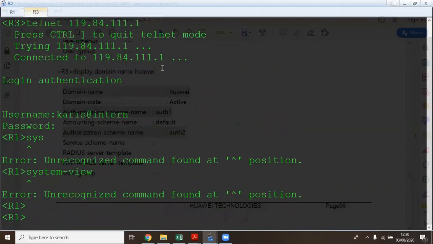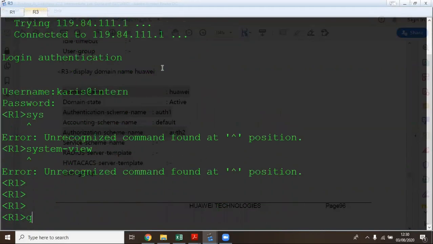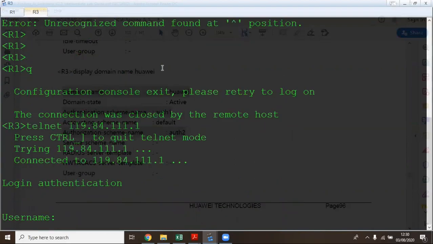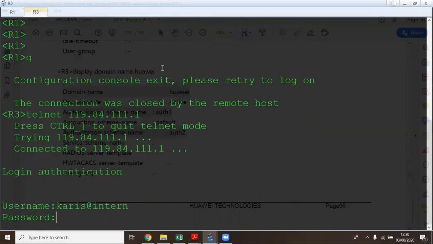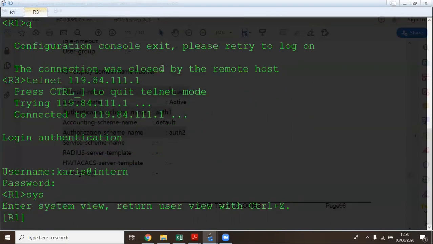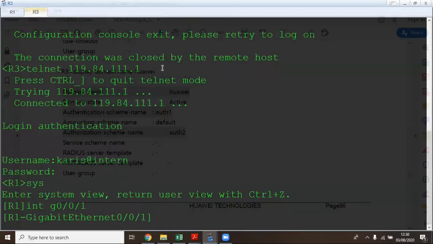from R3, let me just quit. So let me telnet again to R1. I enter the username and the password. So now I'm in R1, and I can do everything. I can go to system view. I can go to the interface of R1 and change, for example, the IP address and so